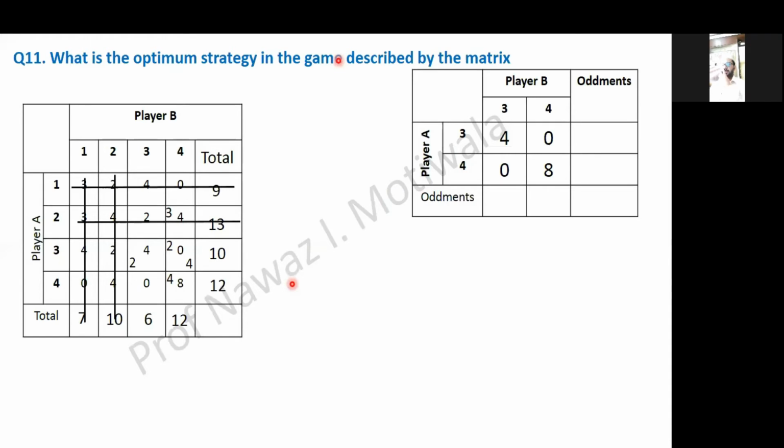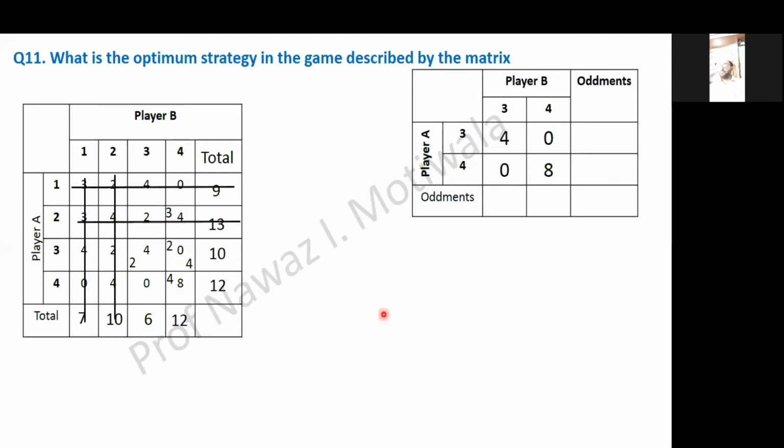Any other doubt in average dominance criteria? Please ask. As per the rule of dominance, first try for pure dominance. If pure dominance does not exist, then go for average dominance. So after applying the dominance criteria, the pure dominance and the average dominance, I remain with only four values now, or a 2 by 2 matrix, that is 4, 0, 0 and 2.